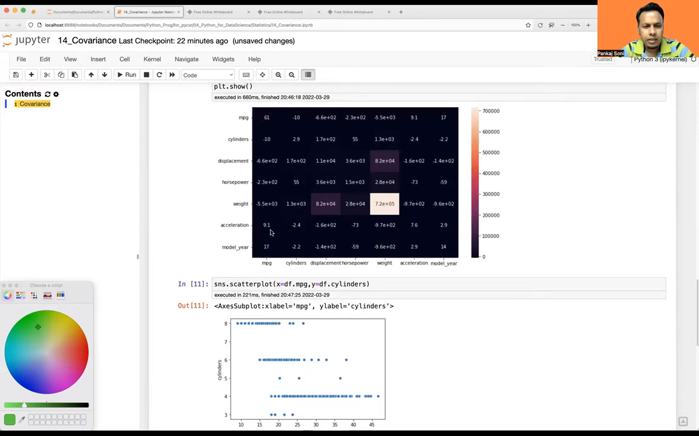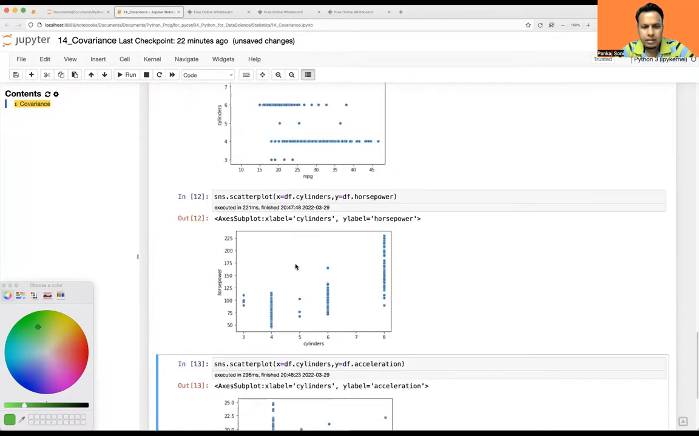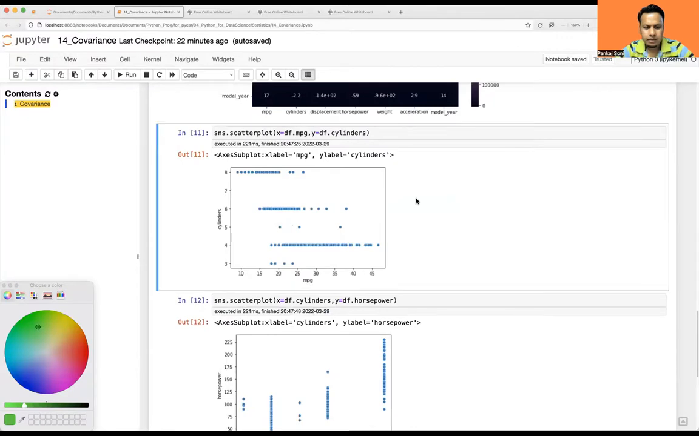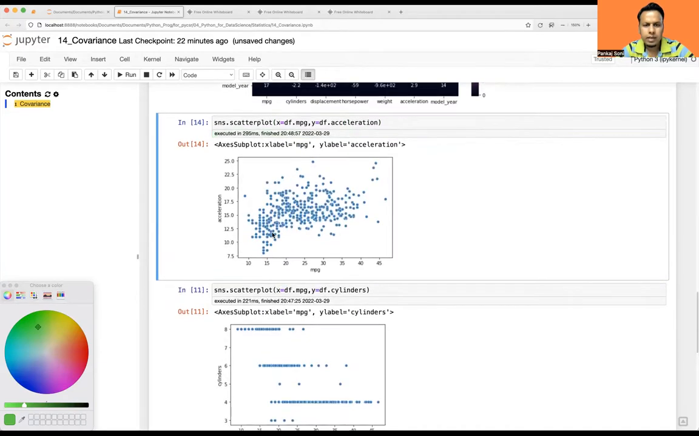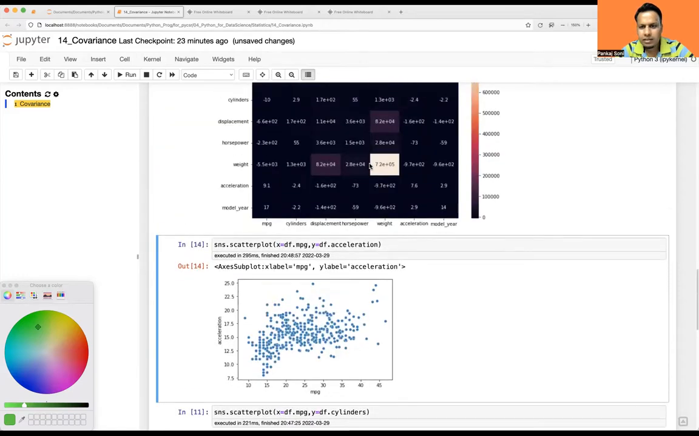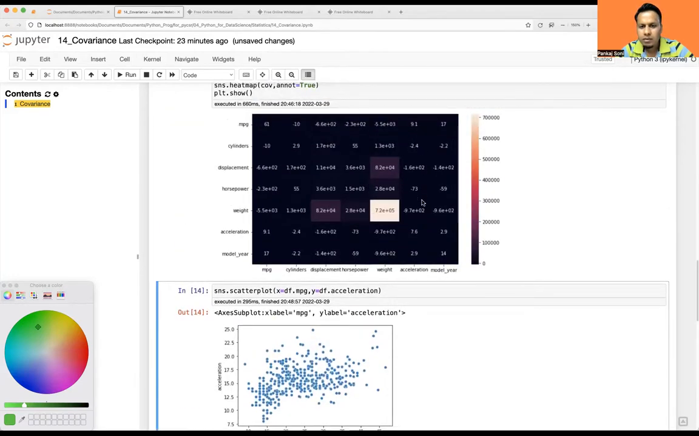MPG is going high, acceleration is going down. MPG versus acceleration, let's try that also. Okay, so here also MPG is going high, your acceleration is going high. That is quite obvious. What else? I wanted to show some negative correlation. So let's see. I can take